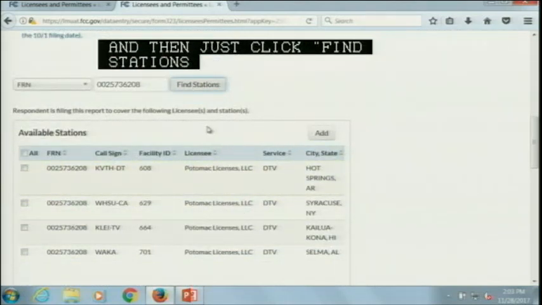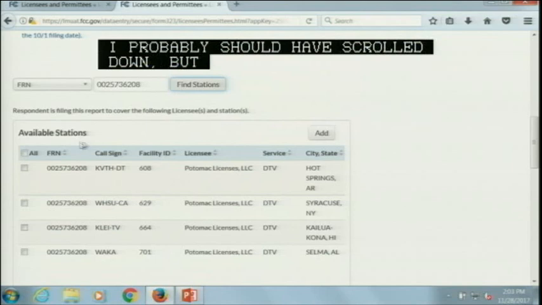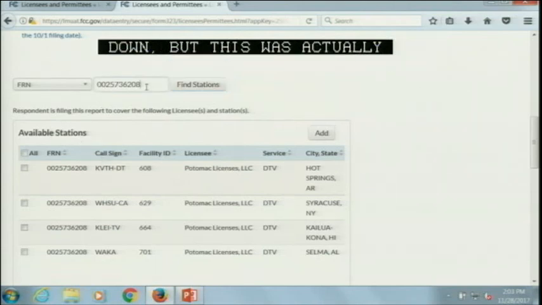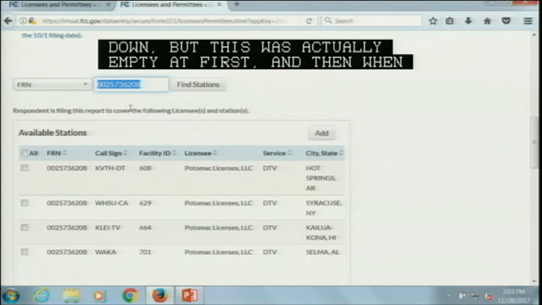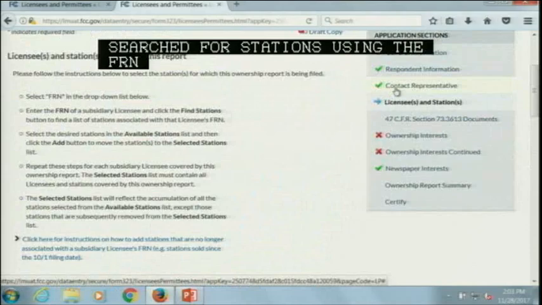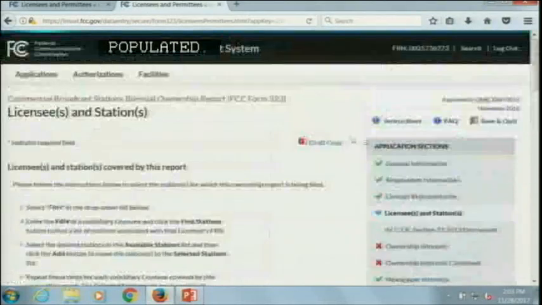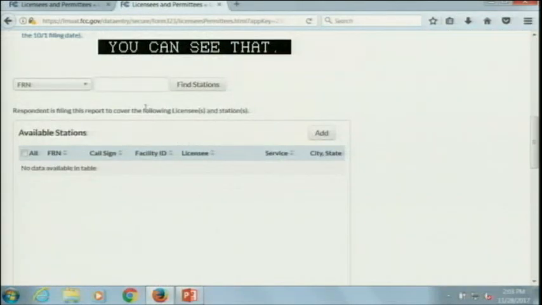And actually, I probably should have scrolled down, but this list was actually empty at first, and then when I searched for stations using the FRN function, that's when it populated. So I'll actually go back and redo this so you can see that. All right, so as you can see, the available stations list is empty,